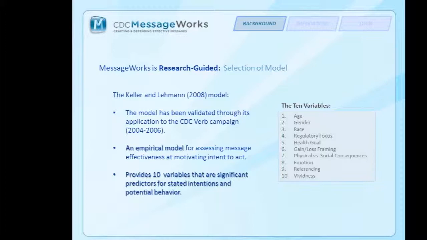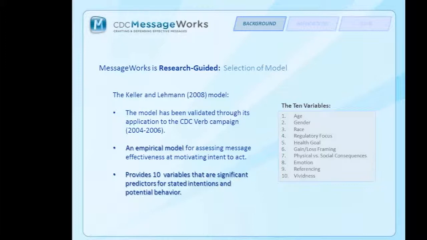Sorry about that. I'd like you to look on the right side of your screen where it says 10 variables, and this is the reduced form of the model. This is the predictive model of the algorithm we're using. We have 4 individual differences: age, gender, and race, pretty self-explanatory. And regulatory focus, which is, is your audience pretty much motivated by prevention focus or prevention goals such as safety and security, by promotion goals such as growth and accomplishment, or a combination of the two?